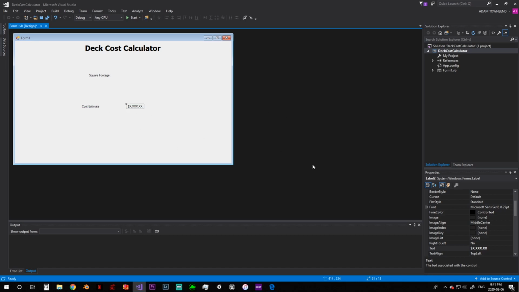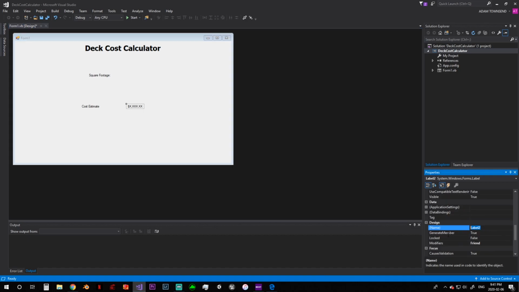Alright, and then we didn't name this one yet. What is it? Alright, so for name, it's going to be LBL, no space, Cost. All right, and then for this one, the name will be LBL